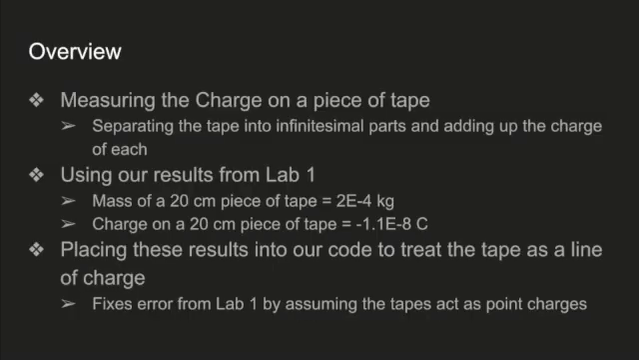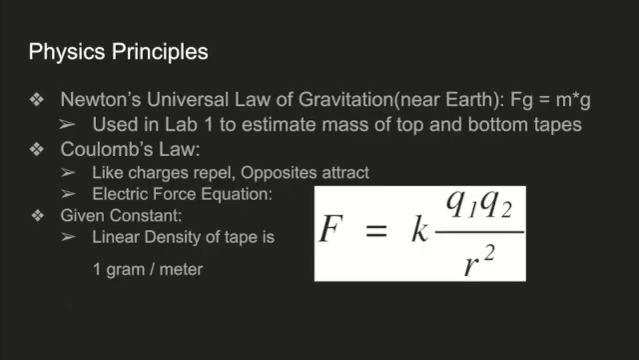So in this lab, we're going to be measuring the charge on a piece of tape and using our results from Lab 1, such as the mass of a tape and the charge of the tape. Then we're going to be placing these results into our code to treat the tape as a line of charges, which should fix the error given from the assumption that the tapes act as point charges. So here are the physics principles I used: Newton's universal law of gravitation, Coulomb's law, and the given linear density